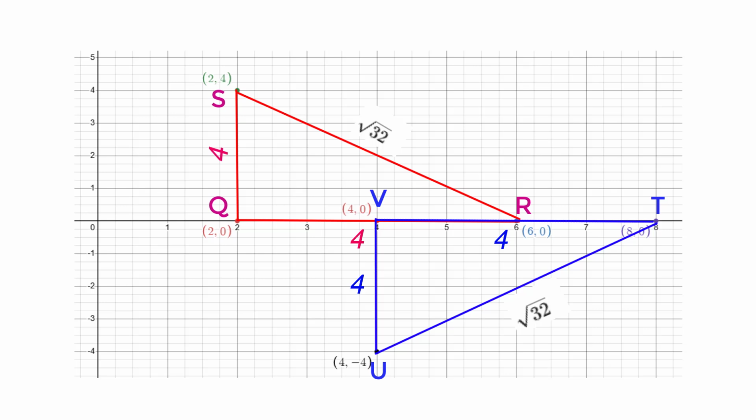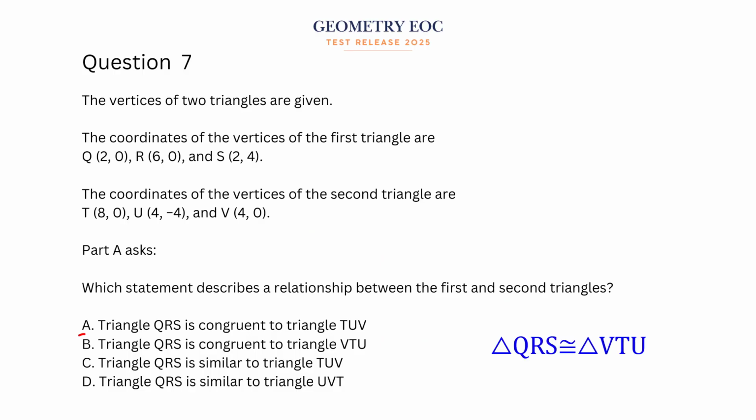But we still need to make sure the vertex order matches correctly. Looking at the triangles, we see the matching points are Q corresponds to V, R corresponds to T, S corresponds to U. So the correct congruence statement is triangle QRS is congruent to triangle VTU. The correct answer is B. Triangle QRS is congruent to